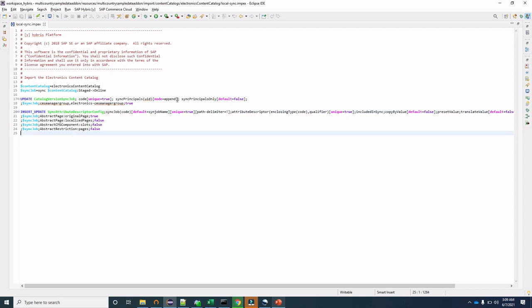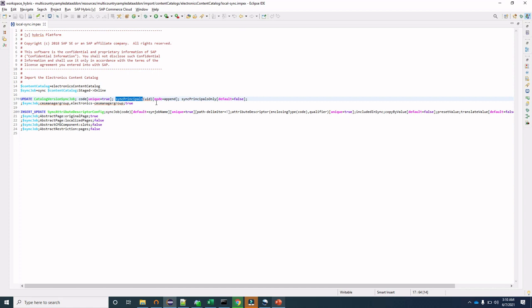And above you are seeing mode equal to append is given for sync principals, right? So what does mode equal to append mean? What is this modifier telling? It is telling that in the catalog version sync job item type we have a code, and corresponding to that we have some sync principals.